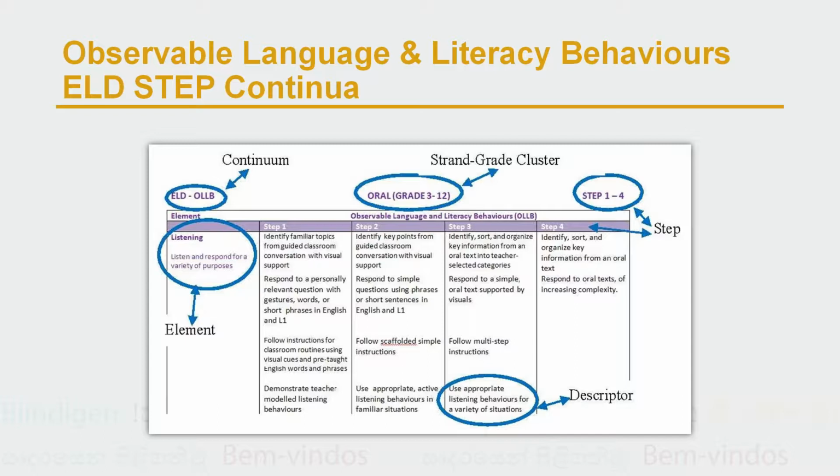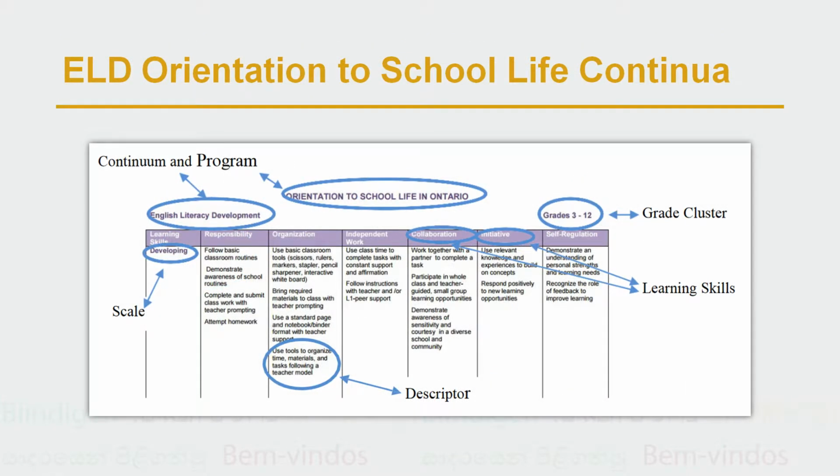Students are placed in the ELD program starting at grade 3 if they arrive without having had any formal schooling. The program supports grades 3 to 12. See the Ministry of Education document, Supporting Students with Limited Prior Schooling, for further information. Learning skills play a key role in school and support academic development and growth. Students in the ELD program usually have not had an opportunity to access or develop specific learning skills that are required for success in Ontario schools.